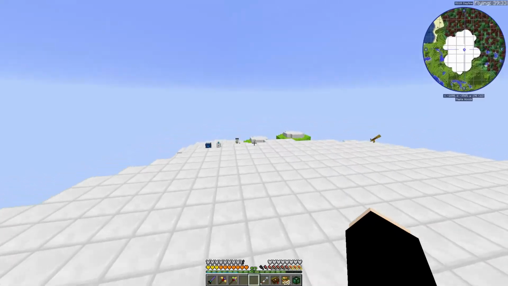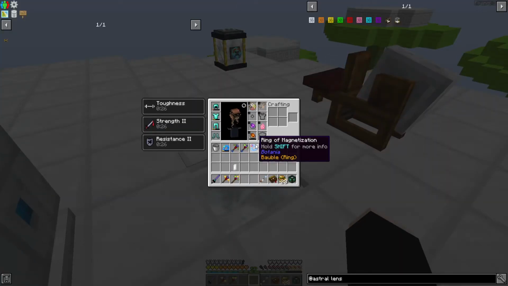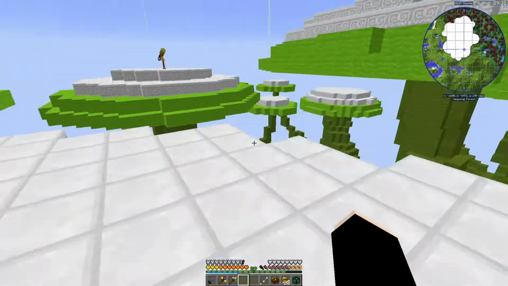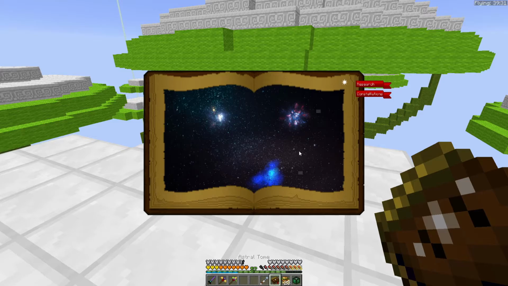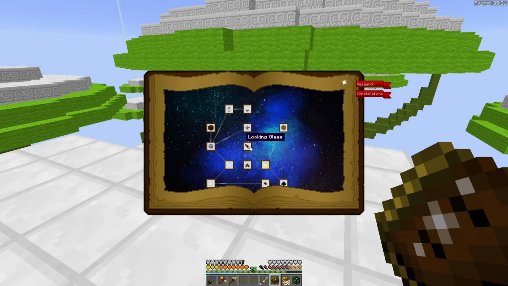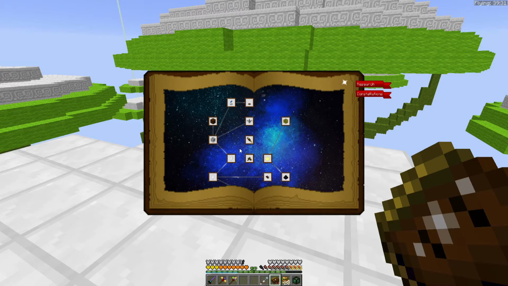Right. Let's check this one. Just gonna briefly wear this. And 244. Let's have a look at the book, because what else should we do? We've done the looking glass, we've done the grindstone. We need to get to